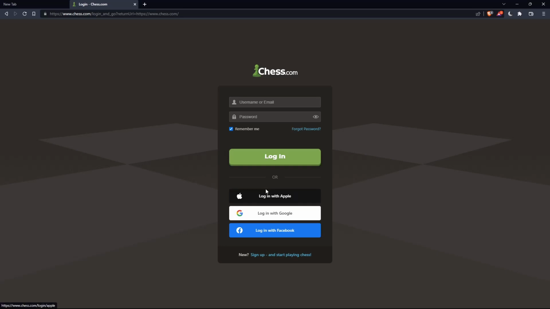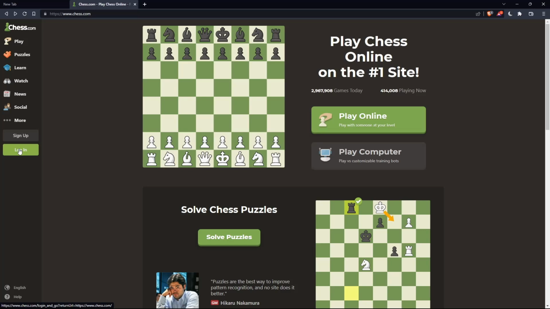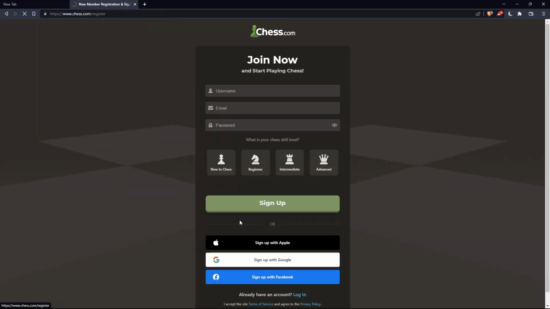Or if you don't have an account, you can simply click on sign up from here or sign up from here. Both will take you to this page. Here, of course, you'll just have to choose a username, enter an email and password, and simply click sign up. You can even choose your chess skill level: new to chess, beginner, intermediate, or advanced. Also, you can sign up with Apple, Google, or Facebook, like login, if you don't want to go through all the boring steps of